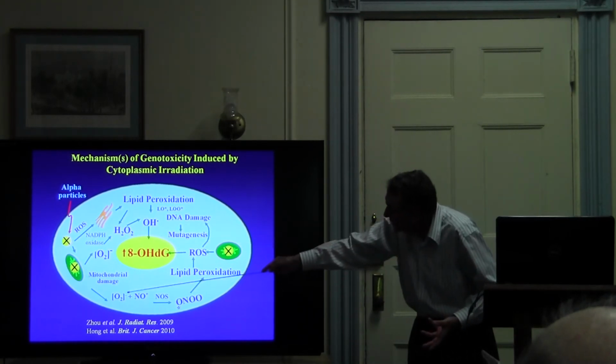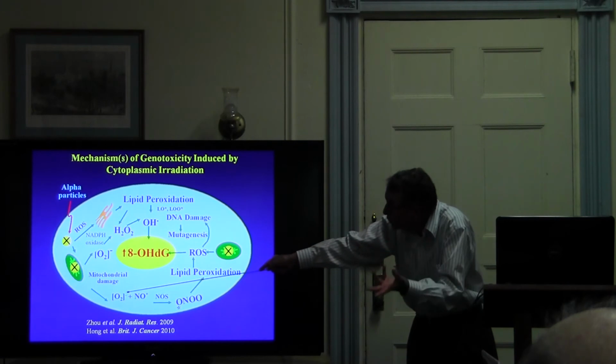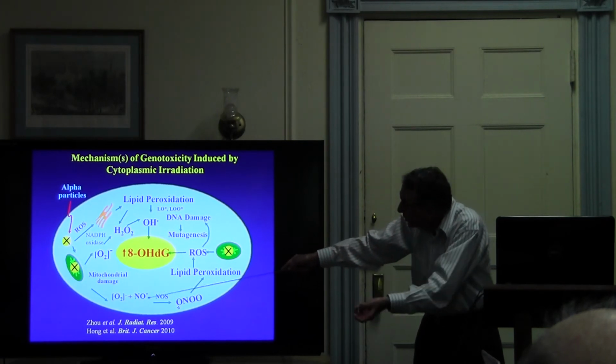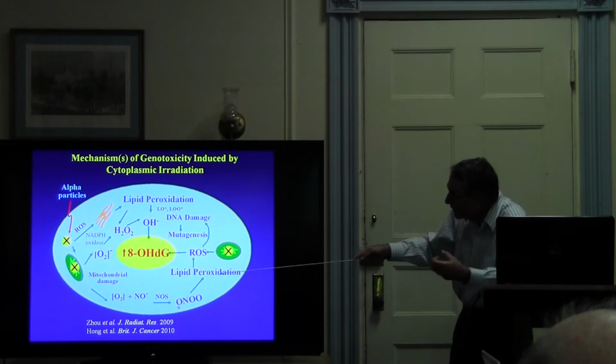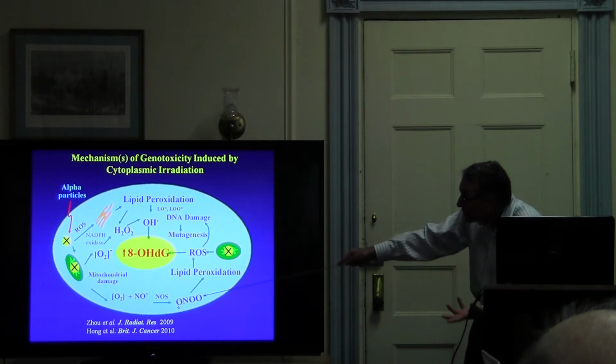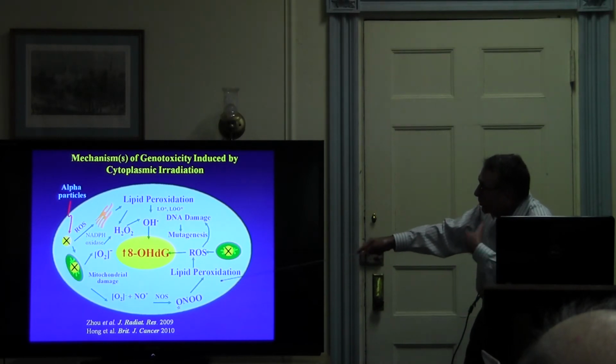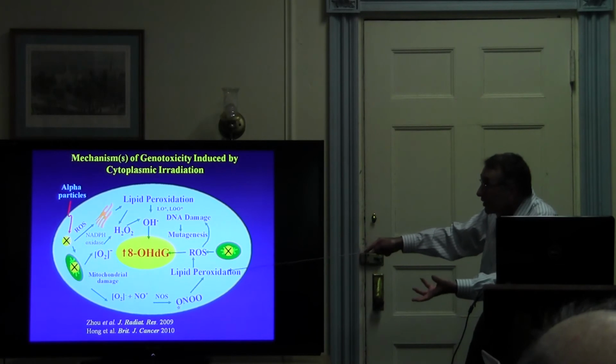NADPH oxidase will produce the superoxide radical, NO comes, and they react together to produce peroxynitrite,